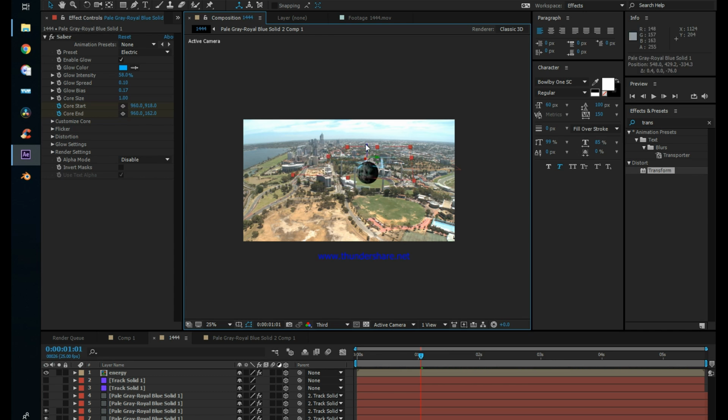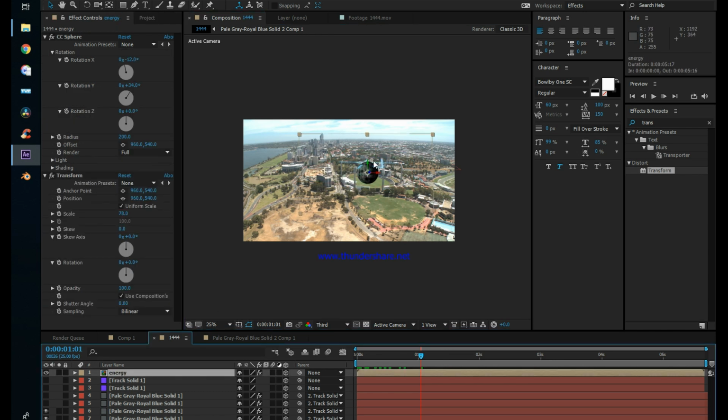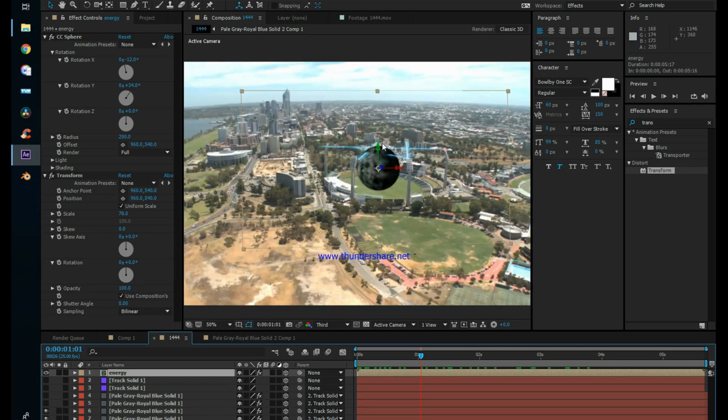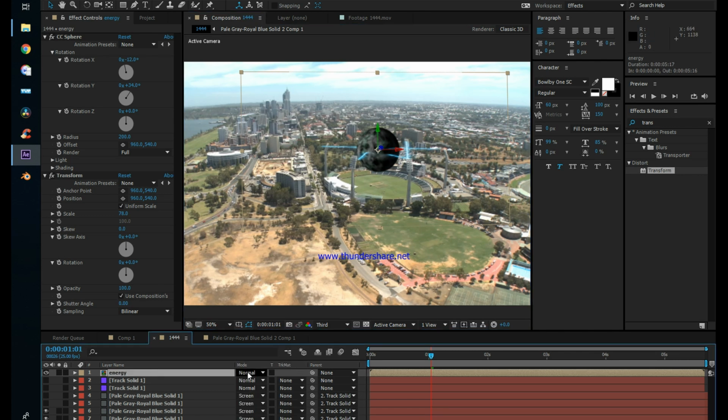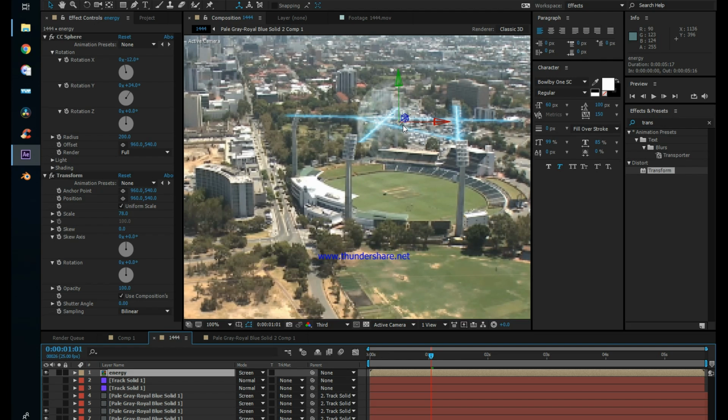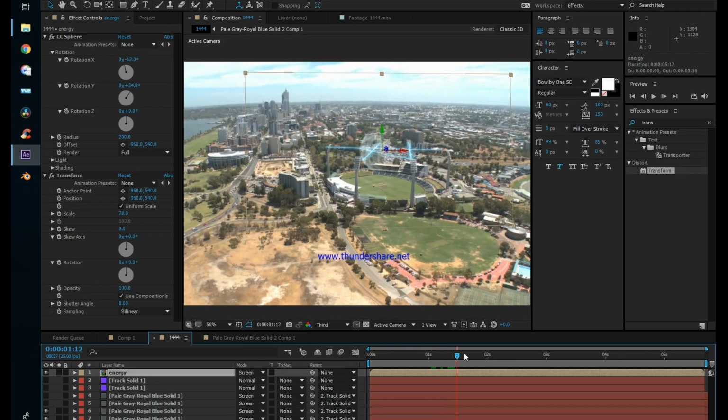Okay, let's make it up, and then we'll select our layer, energy layer, and we'll keep it on the top layer, and we'll toggle the switch, and from here we'll set it to screen. And right now we have this kind of invisible layer,